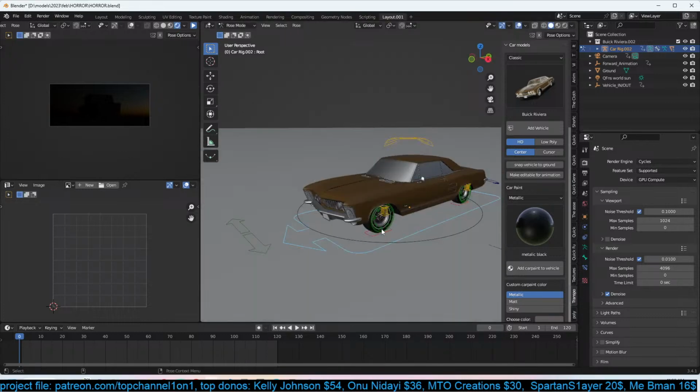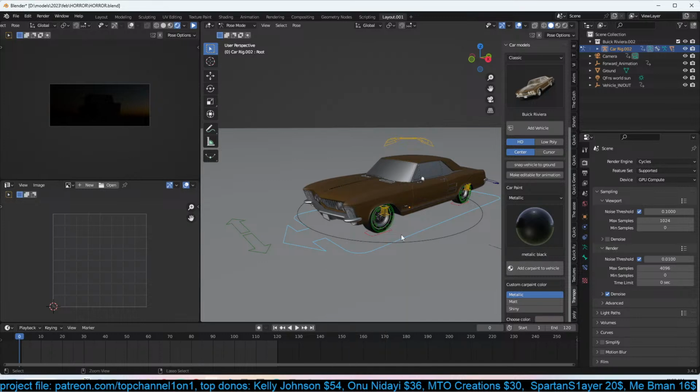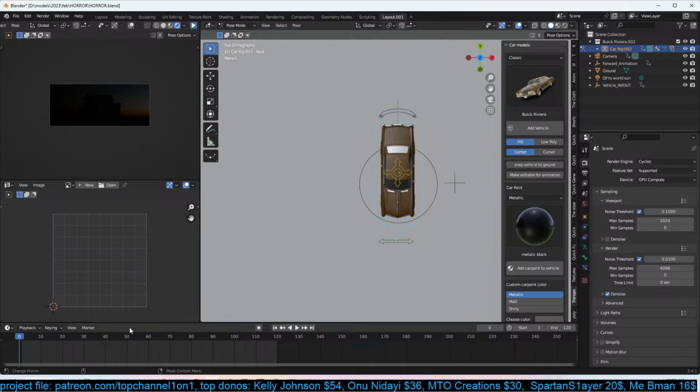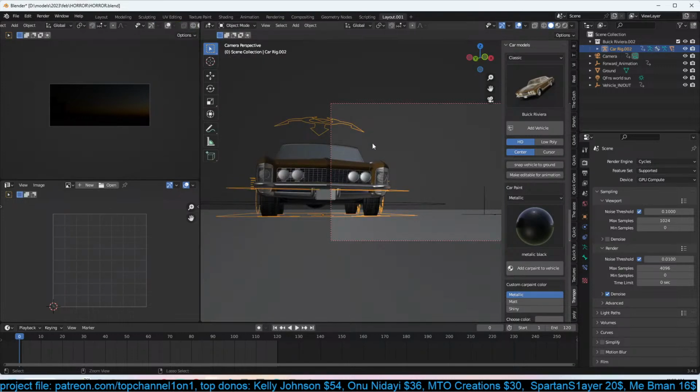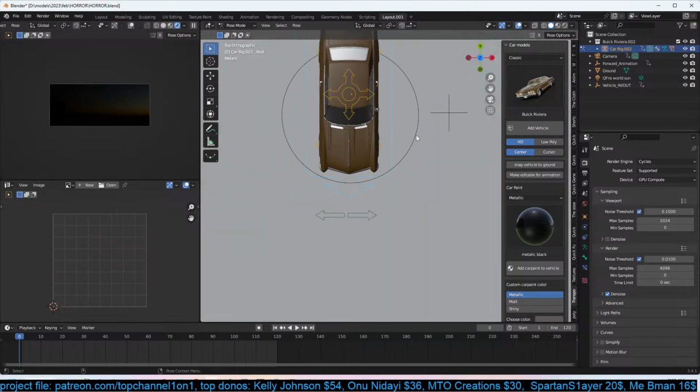Perfect. So I'm just going to parent this bone. Can I actually parent a bone to something else? I need to. Yeah, let me see. Let me see. Can I, instead of parenting the car to this object, because this is what is driving the animation,